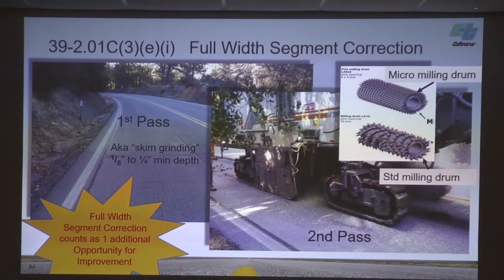When we do this full width segment correction, when you go to the worksheet, the spreadsheet, there's the first column of boxes. You check that, and it basically locks in the MRI zero value to be equal to the existing surface. They might go measure that afterwards and call it the baseline if they did some structural section repairs and then did this. But we're not going to use that surface. We're going to use the existing. But when you lock that into the existing, they've got to make sure they increase the opportunity by 1.